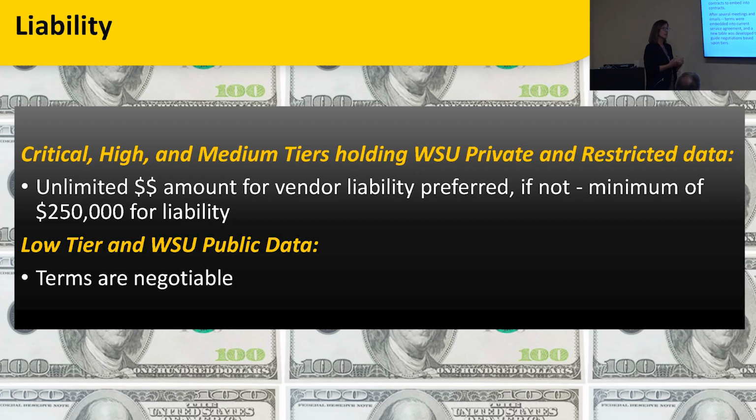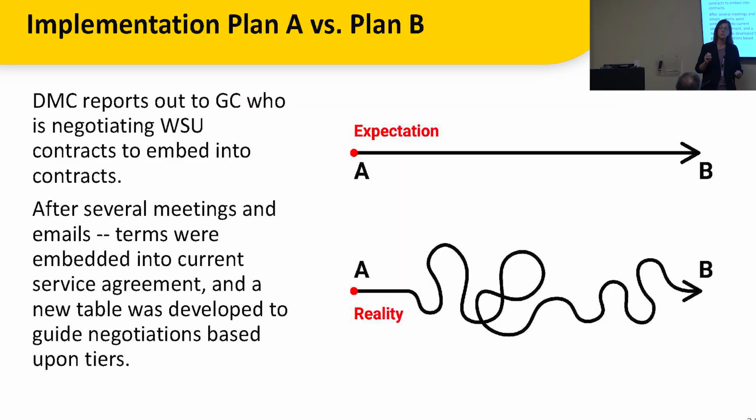Okay, and so again, the contract part of it was really to empower and communicate to the legal team. These are the terms that we want based upon the vendor tier, so that from a data privacy and security perspective, this is what we need in there. If anything falls out of those boxes, they're going to come back to us and ask, is this an acceptable risk